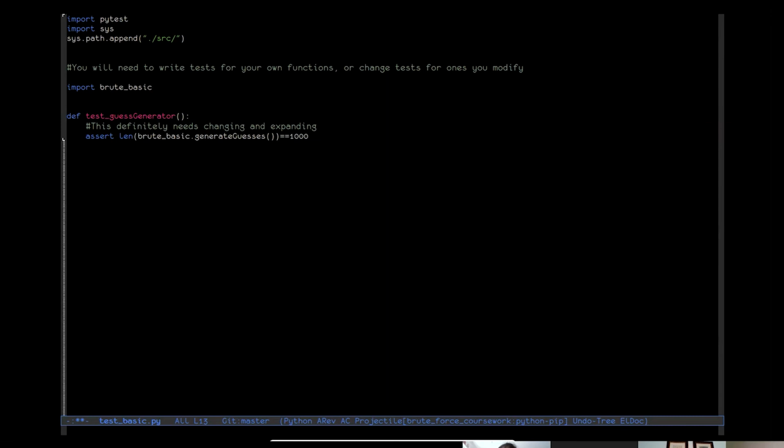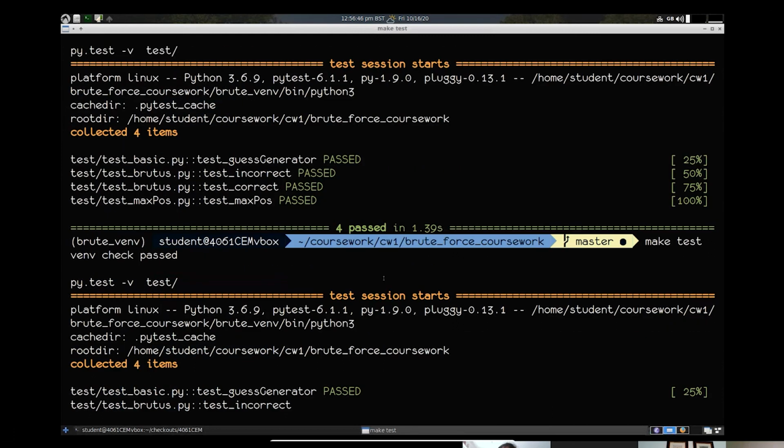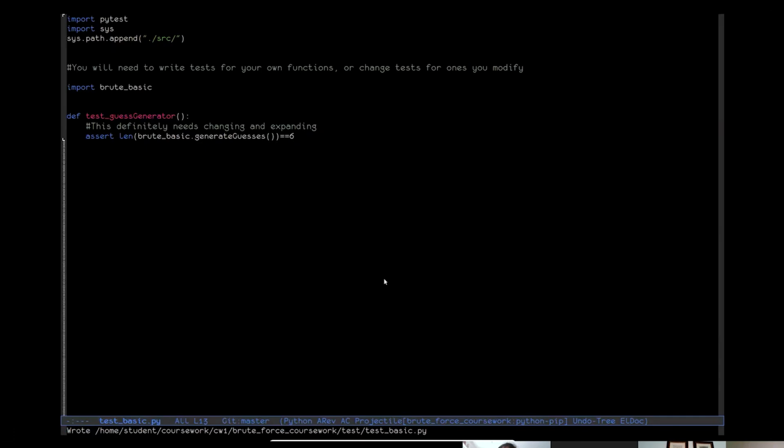And you can keep running that test with make test to make sure that when you think you've got the guess generator right, it is going to give you the right thing. The other thing that you might do is, I'm just going to put it back down to 6 at the moment, which I think was the right one. For now, I'm just going to add another test in here that's a little bit of a fake test, but is going to help us test things out. I'm going to assert that brute basic generate guesses, whatever comes out, is going to have in it